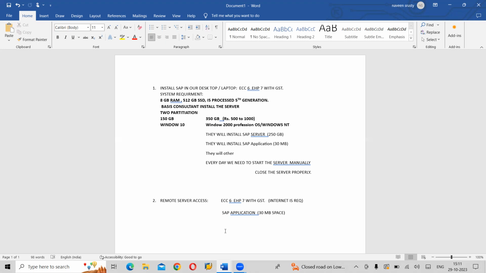Okay. Any questions? And what would be the charges for this? In the market, people are giving, again, I'm telling you, 1,000 rupees for 3 months. I'm taking general 3 months. And 1,800 for 6 months. In the market, I'm telling you.